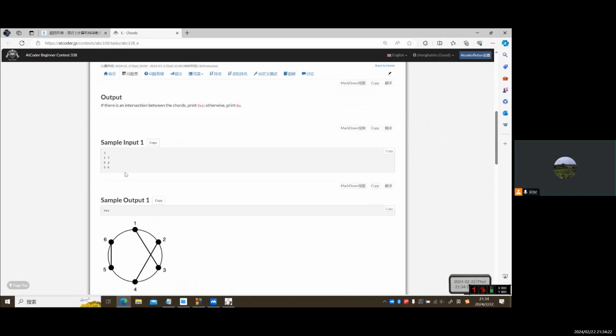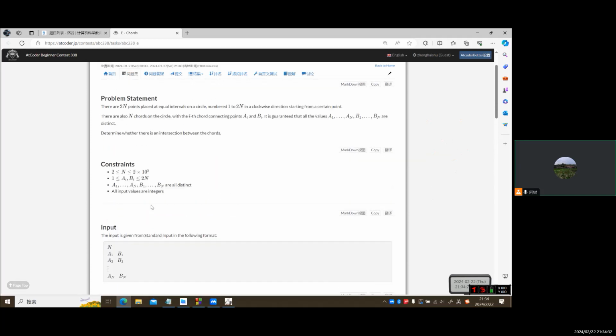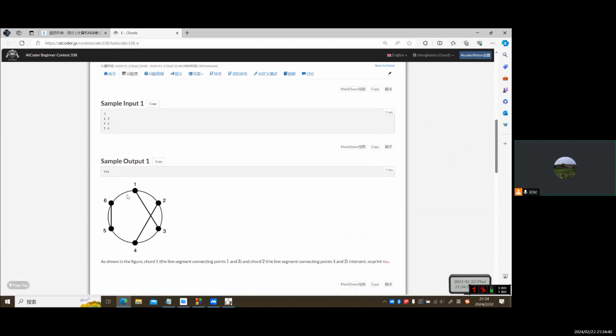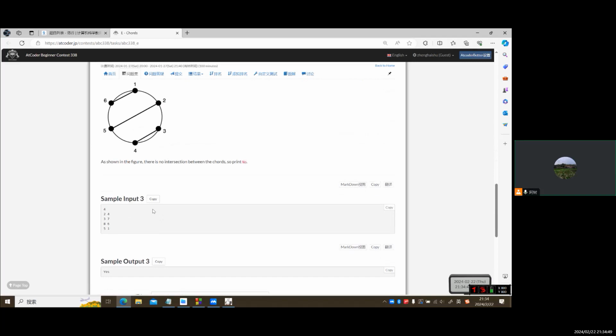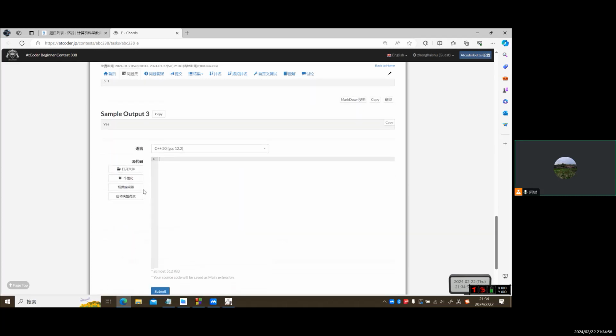Now let's see the first sample. Here we have 3 chords: 1 3, 2 4, and so on. These 2 chords have an intersection. In the second sample, the 3 chords are parallel, so here is no intersection between chords. For the last sample,